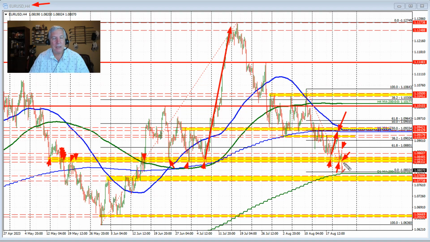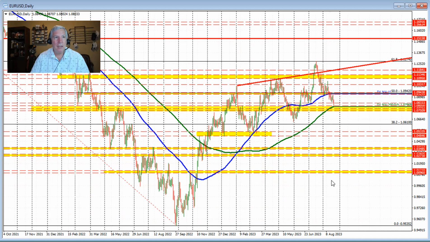This move to the downside was helped by weaker flash PMI data that came out of Europe today. All the services and manufacturing data was lower than expectations, and that's sent the price to the downside here. But we see this green line right here. This green line represents the 200-day moving average, and if I go to the daily chart and look all the way back in time, the last time the price traded below the 200-day moving average was back here in November